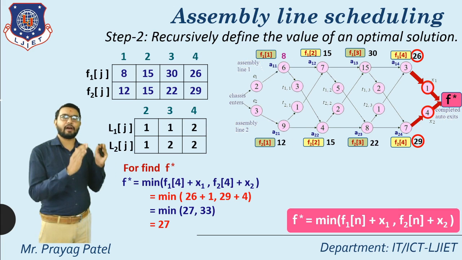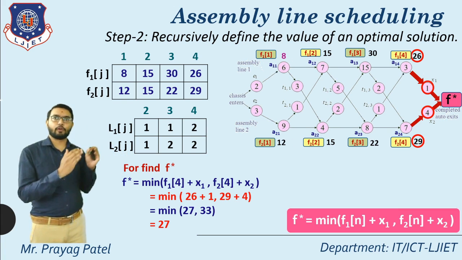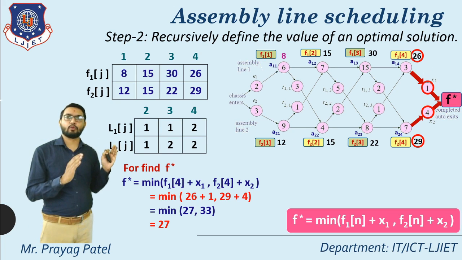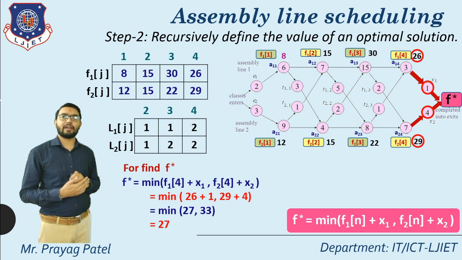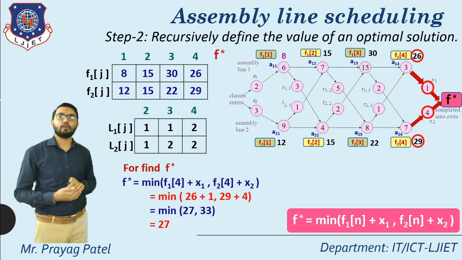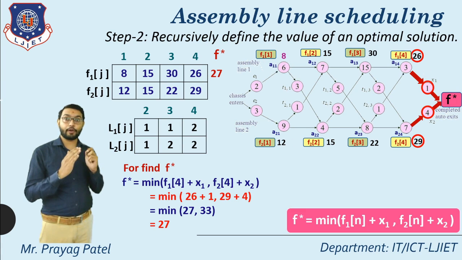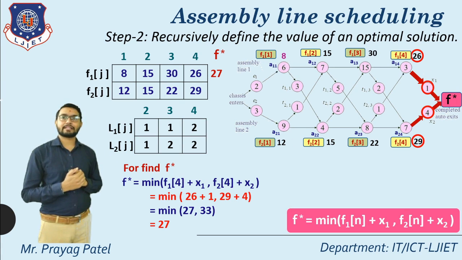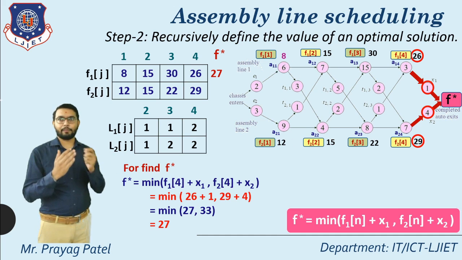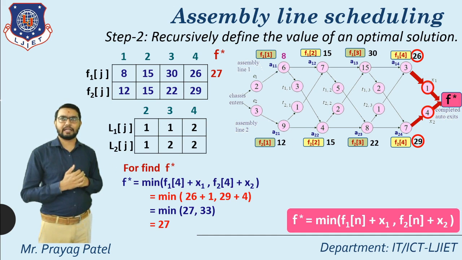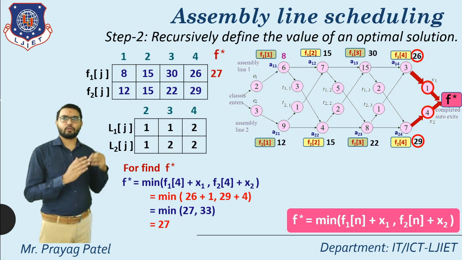So consider the final cost for this example of assembly line scheduling, the answer is equal to 27. So consider 27 as the F star value and put the value 27 as F star. Now what is the value of L star? L star means line number. According to our previous equation, we already found L1, L2, L3 like this. So here L11, L12 like this.